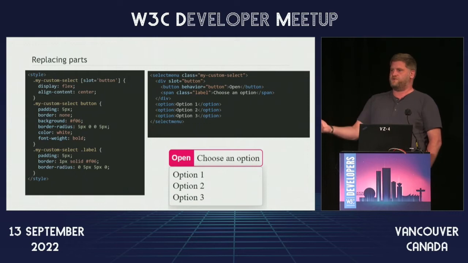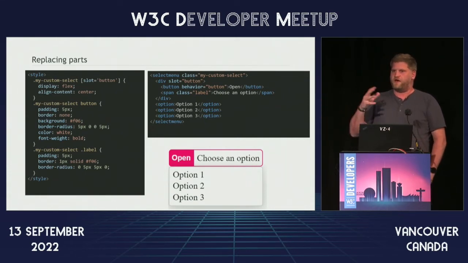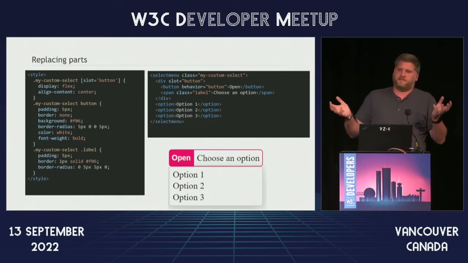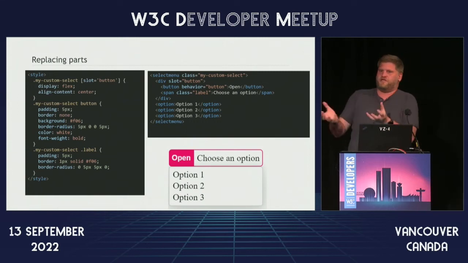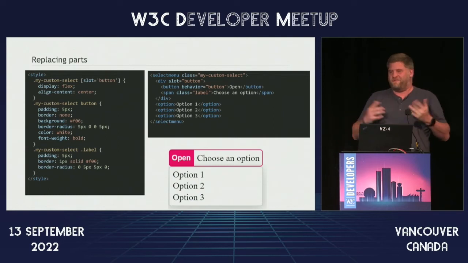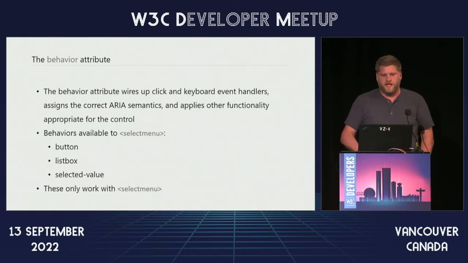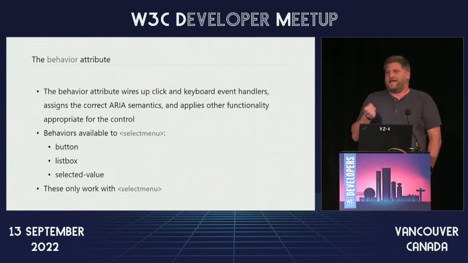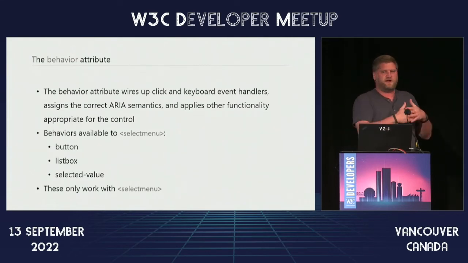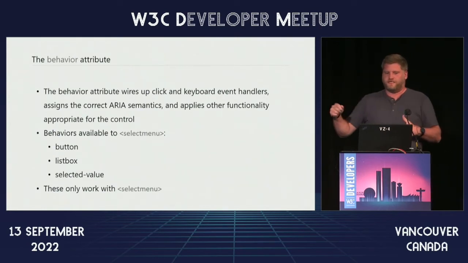So all of the controller code, we like to refer, if you've heard of the MVC model, the model view controller. Ultimately, what we want you doing is primarily changing the view, and that's the majority of the use cases. They want to change the visual experience. Most of the controller code they want to use, and generally the model is the same. I want to select an option or a series of options. So the behavior attribute actually wires up that controller code. We are standardizing the anatomy, we are standardizing the concrete parts, and then on those parts, we wire up all the necessary controller code.